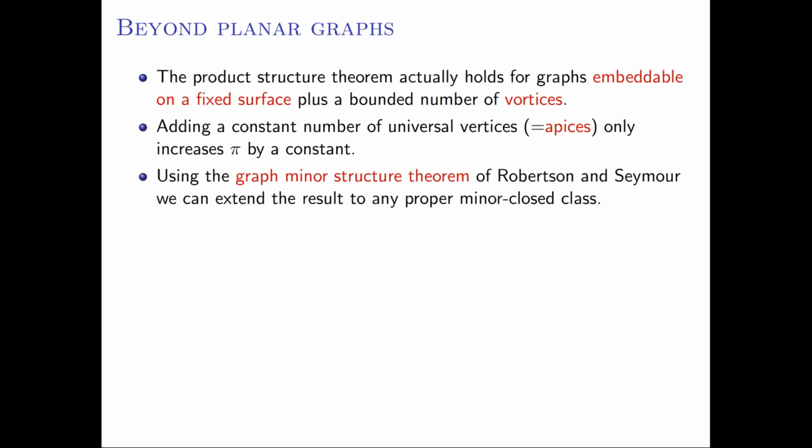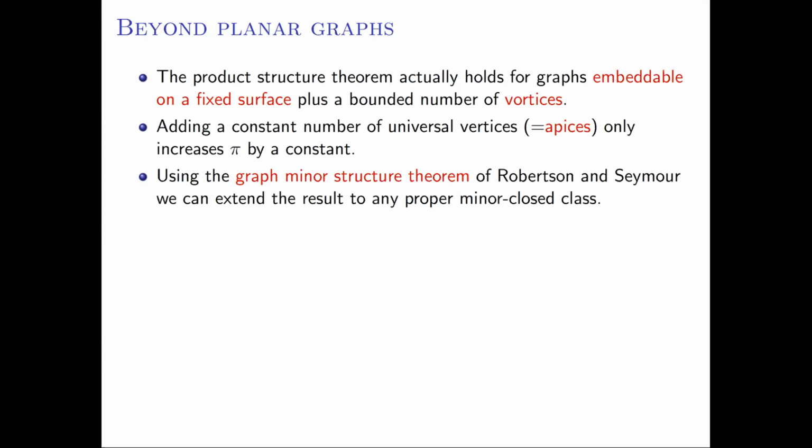These are the building bricks. And you take the graphs in any proper minor closed class, they're obtained from these bricks by repeatedly doing clique sums. So you take two cliques on these two graphs and you glue these cliques. Okay, you do that repeatedly. And using this theorem, we can extend the results to any proper minor closed class.